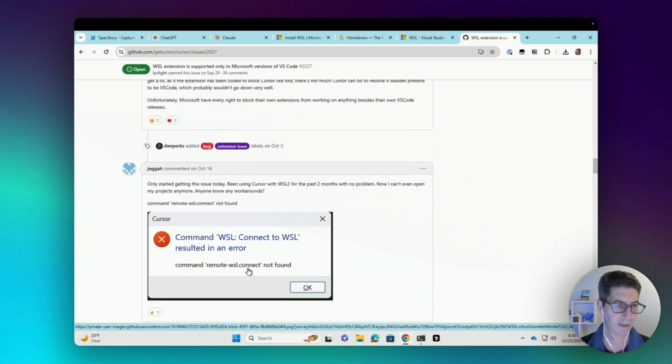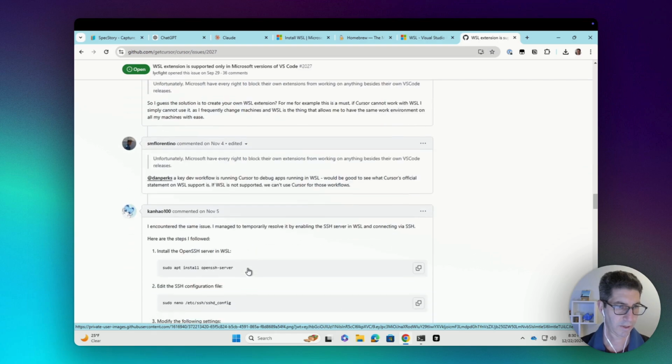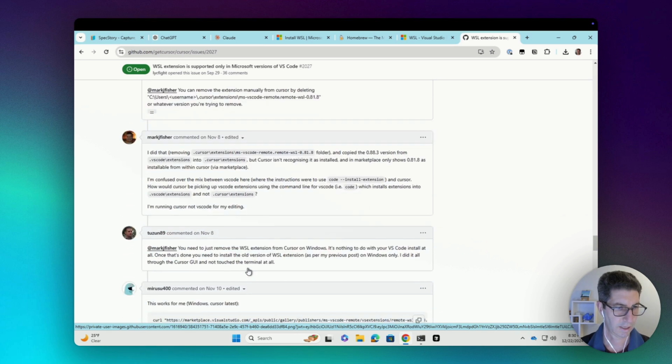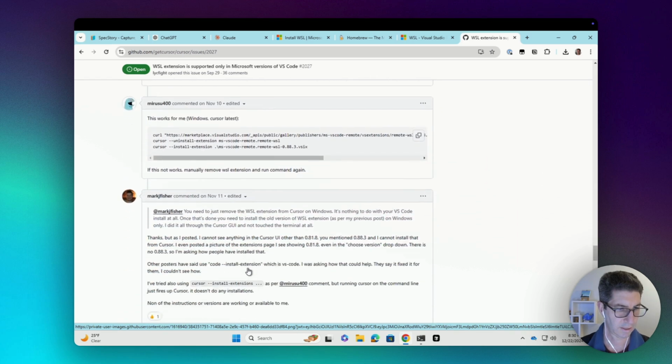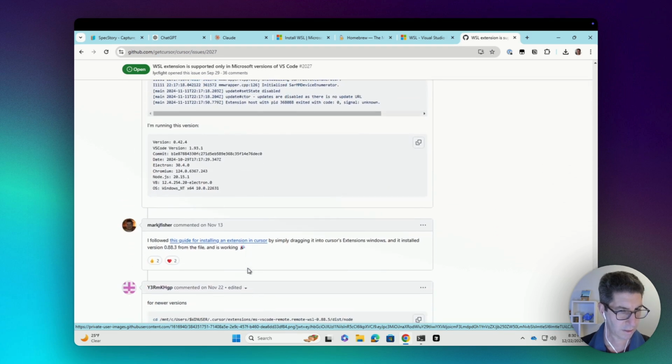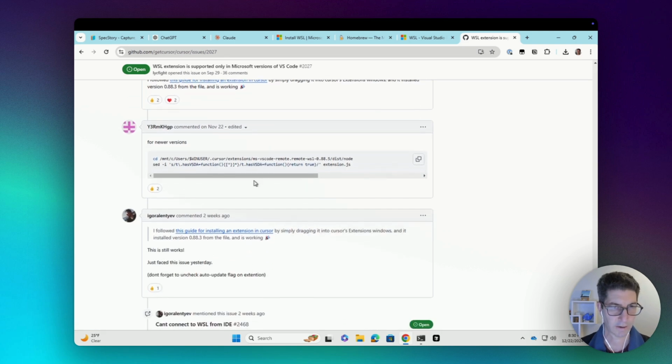But if you come down pretty far, right at the bottom, we can see some of the most recent solutions. And the one that we want to use is this one here for newer versions. Yep, so we're on this version, 0.88.5. That's the one that we downloaded. Again, you may see newer ideas about how to work around the problem in the future, but for now, this will work, right? So what we want to do is